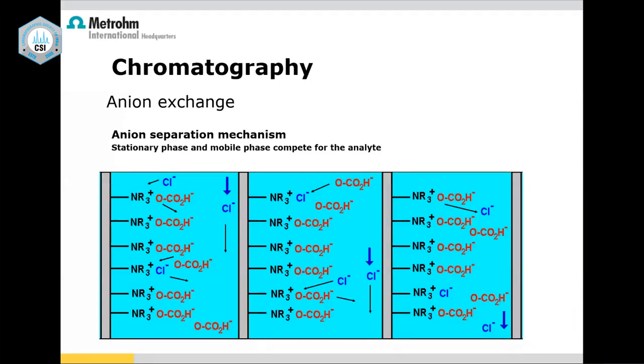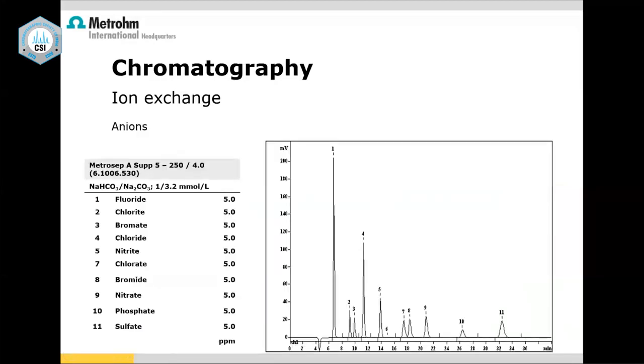Now, similarly, anion exchange. Here again, if I want to analyze chloride from sodium chloride, the same sample, I choose an anion exchanger column. I flush it with mobile phase, get a stable baseline, then introduce sodium chloride. This is what happens inside the column. Again, there is a fight between the carbonate ions and Cl minus, so Cl minus is pushed out. And you get a chromatogram like this.